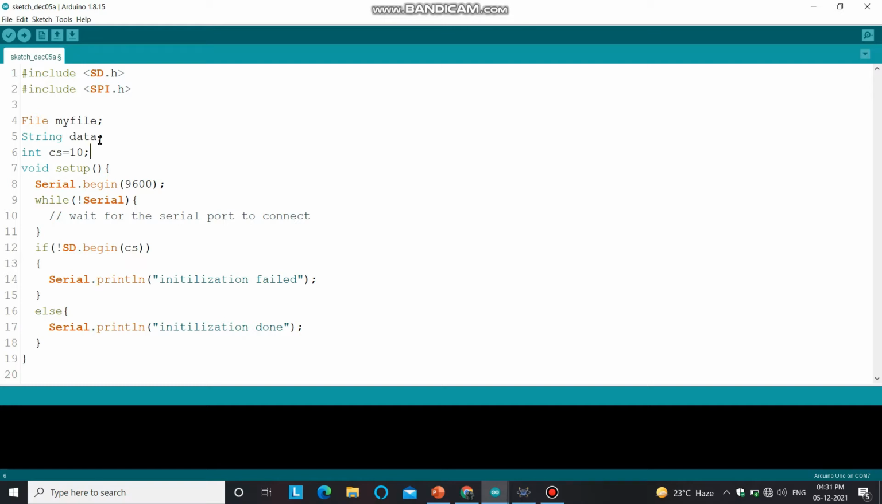So these are the previous lines. First you have to include the SD card library, then the SPI.h library, and then you have to check whether this SD card is connected or is ready to receive the data or not. Then start the loop section here,